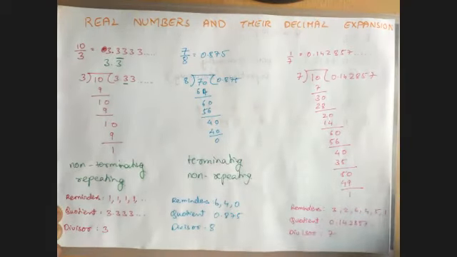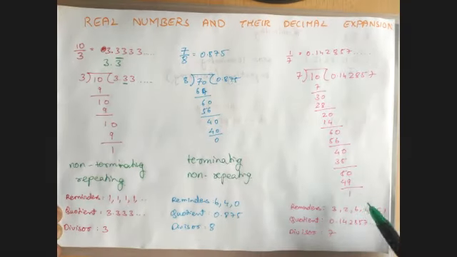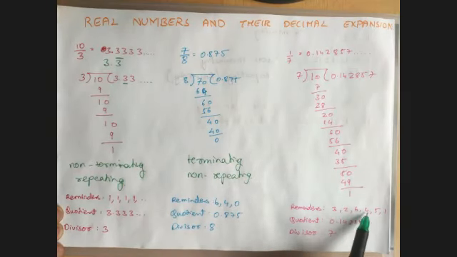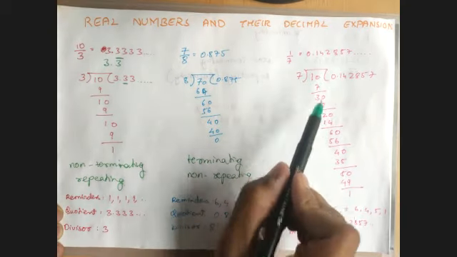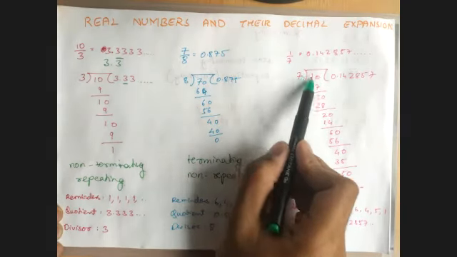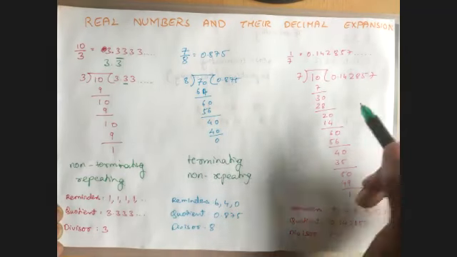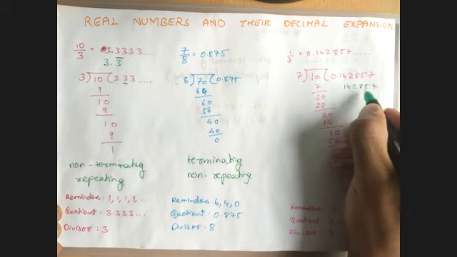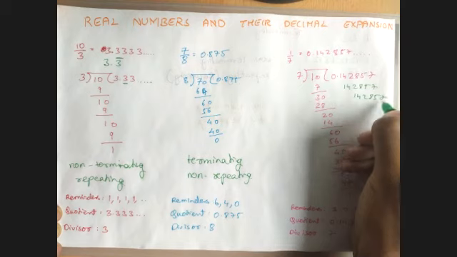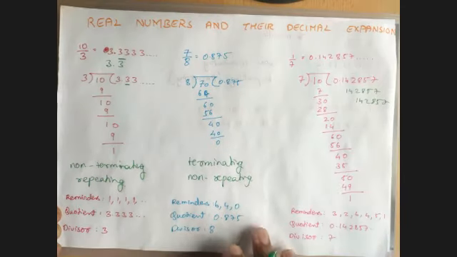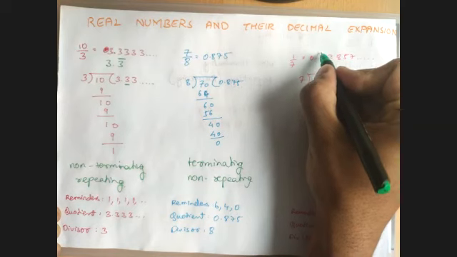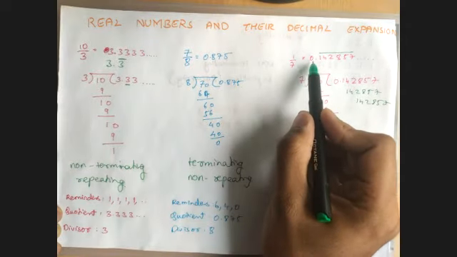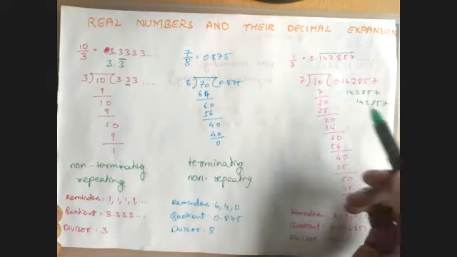Now if we take another example, if we divide 10 by 7 in the long division method, you can try this. I've already written it. We get remainders 3, 2, 6, 4, 5, 1. But here, I get 1 at the last. If I divide this 1 by 7, again these patterns repeat: 1, 4, 2, 8, 5, 7. This keeps on repeating. So I can see that this set of numbers repeats, and I can add a hyphen over the top of this. That means 0.142857 repeats again and again.